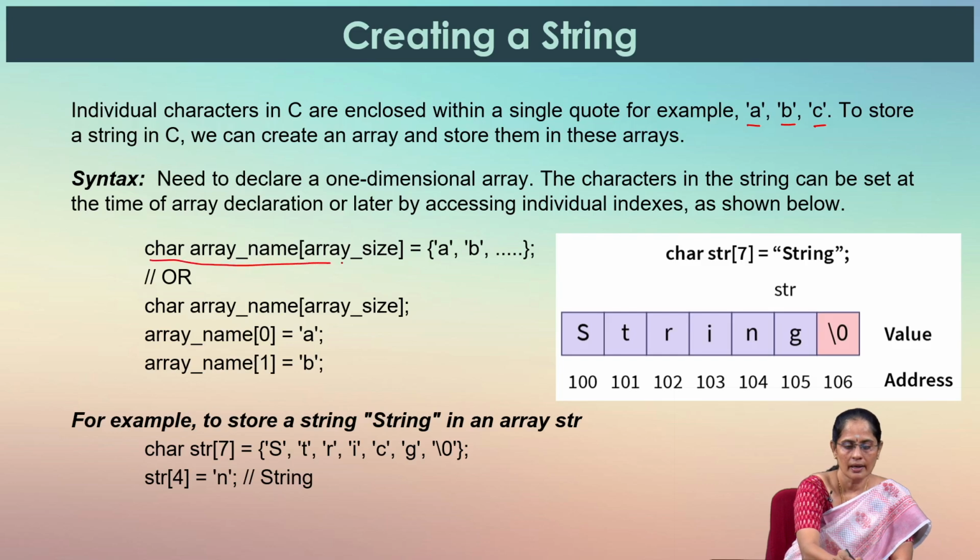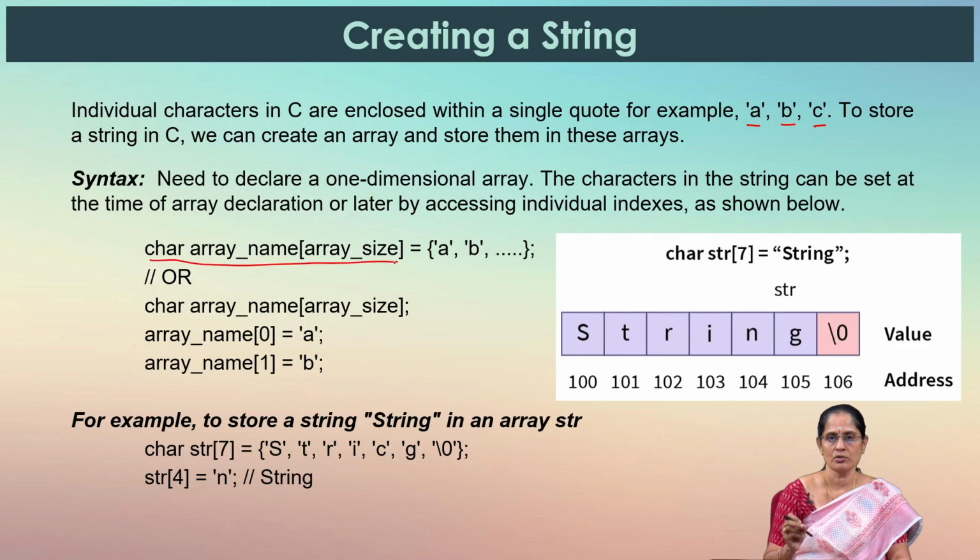We have already learnt this in the concept of learning strings, but in this session we are going to learn how we are going to handle strings using pointers. So, the very basic way that we can declare or create a string is to create a character array having the array size defined, and each character can be stored as a list of characters enclosed within single quotes. By doing so, we are making the compiler understand that every character in that array is going to be a single character